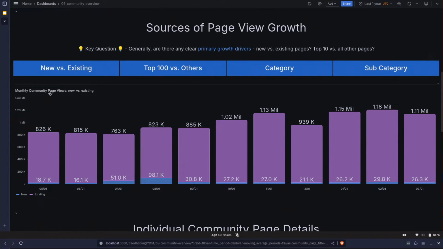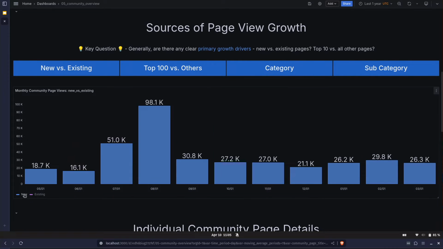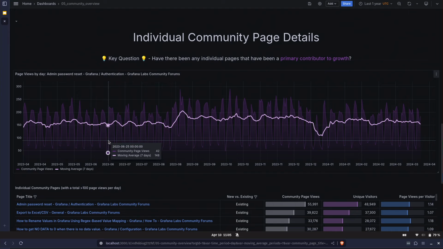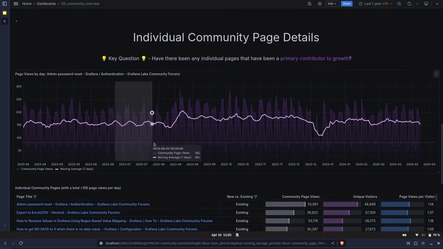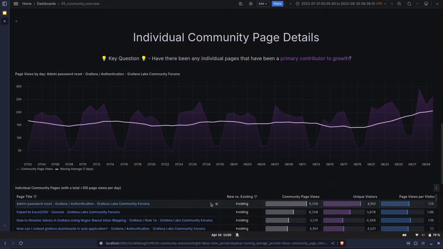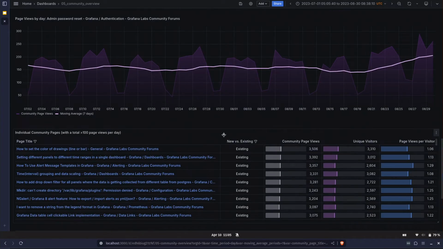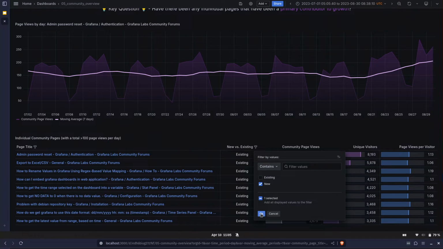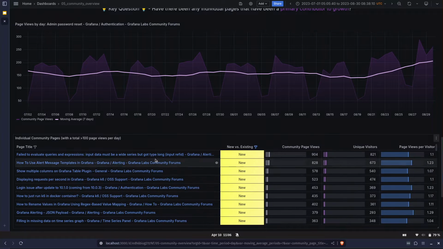So for the rest of this, we can start to explore our data, and we're starting to see that if we look at our newly created page views, there is something happening here in our July to August timeframe. If we zoom in on that time frame and start to filter down our table to just the newly created pages,